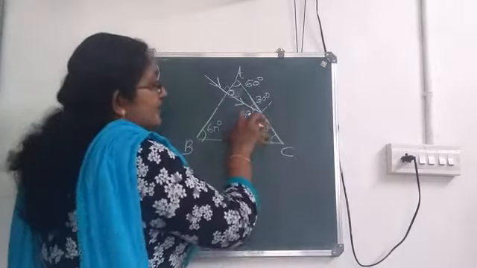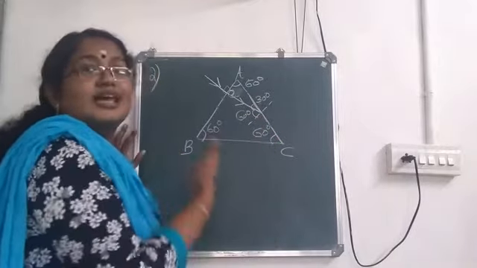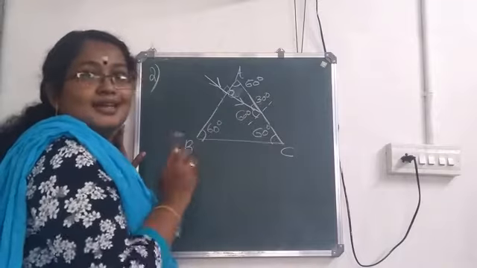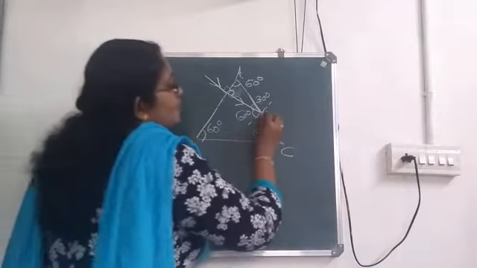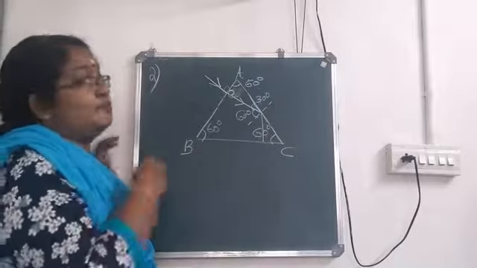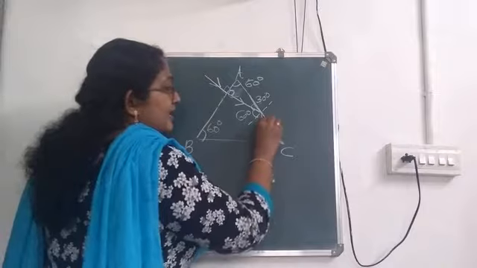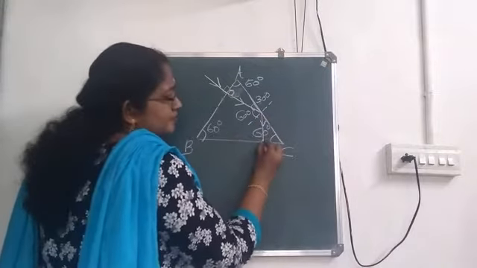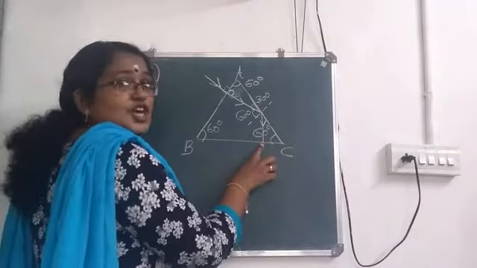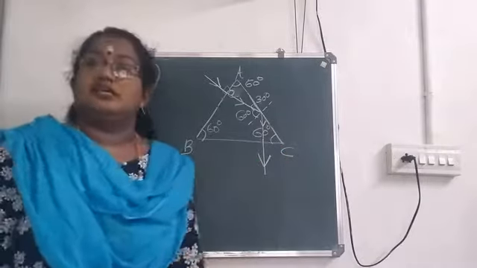So here the angle of incidence at the face AC is 60 degree, which is greater than 42. That is the critical angle of glass. So what happens? It undergoes total internal reflection. It cannot go outside. It gets trapped inside that. Then it hits on the face BC. What type of incidence is this? Normal incidence. So it will go out without any deviation.